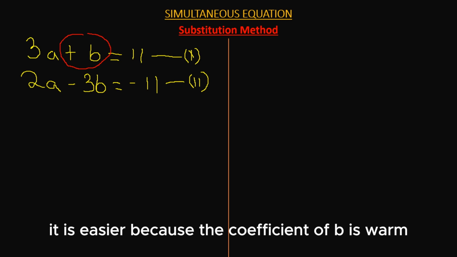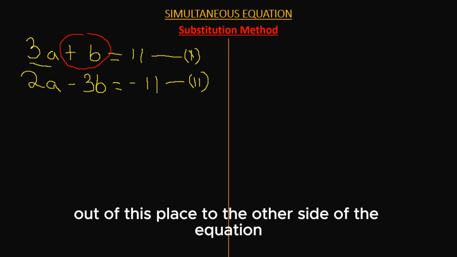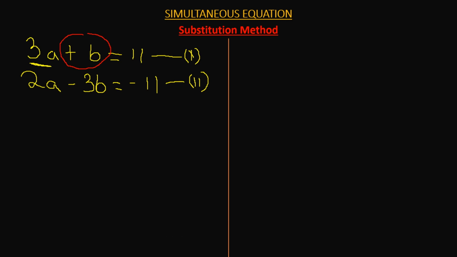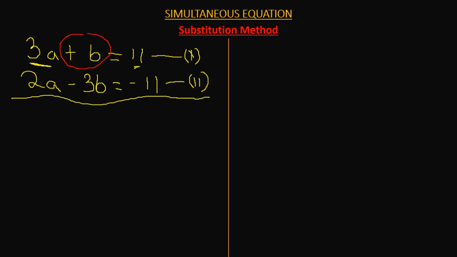It is easier because the coefficient of b is 1 and the sign is positive. So for us to achieve that, we're going to take 3a out of this place to the other side of the equation, to the side where we have 11, and that will give us something like b